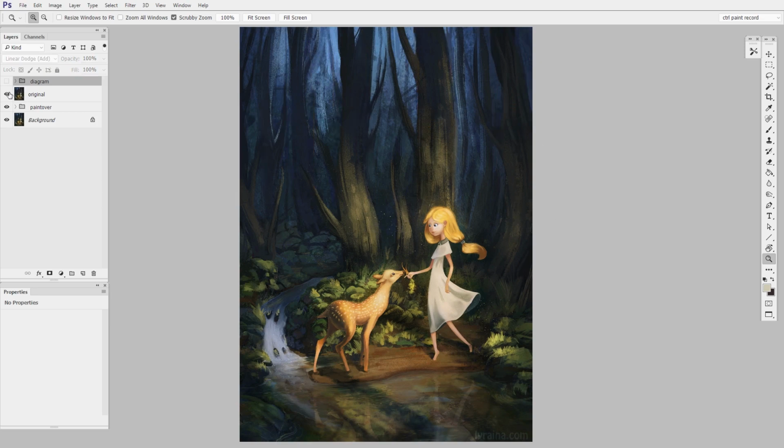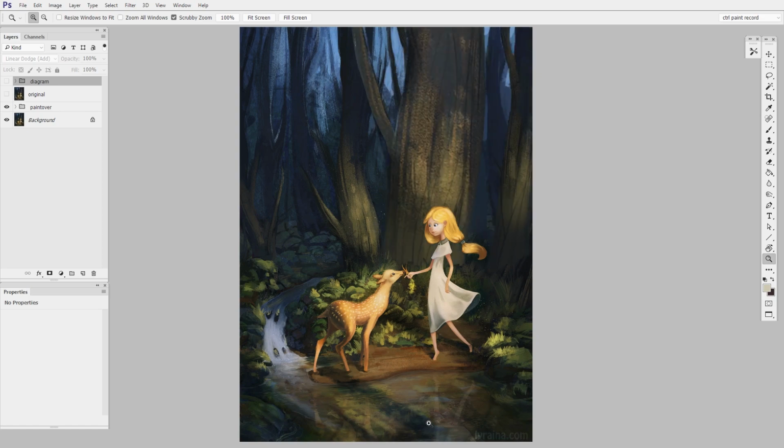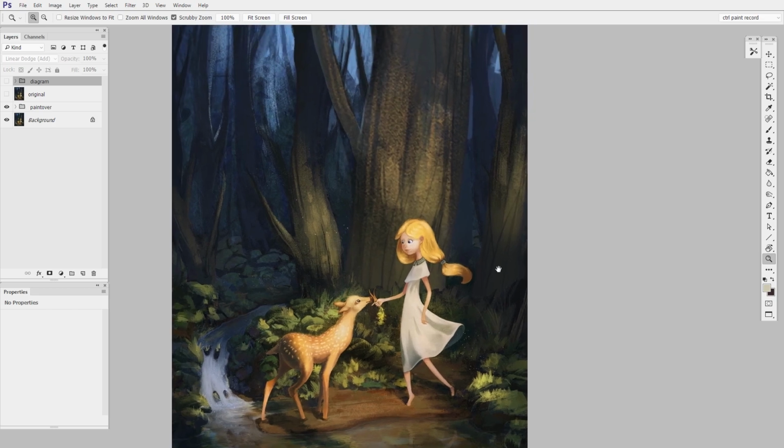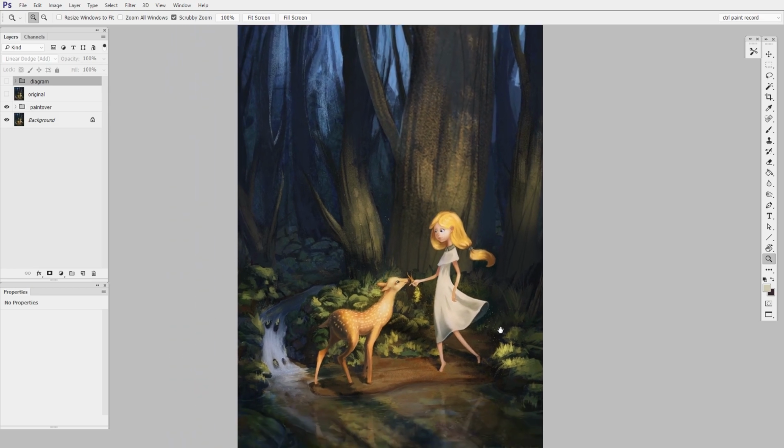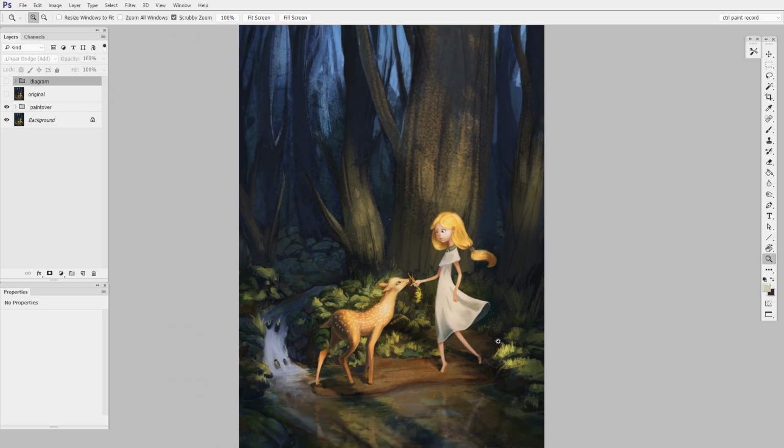Let's take a look at my paint over. I have not done much on this one. I made one tree a lot bigger, and I made another tree over here a little bit bigger. And then I just shifted their spacing a little bit. And I think sometimes a little bit is all you need to do. Really, the image has a lot going for it, and just mixing up the background a tiny bit, I think